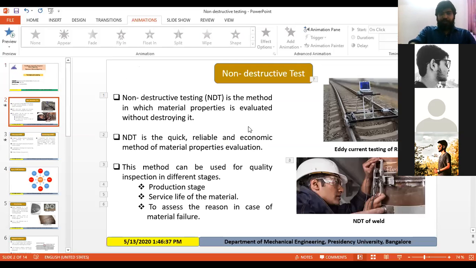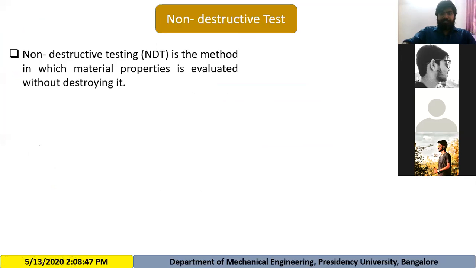Non-destructive testing is the method in which material properties are evaluated without destroying the material. So here we are not going to destroy the specimen on which we perform the test. Without destroying the specimen, we are going to perform the testing, so this type of testing is known as non-destructive testing.